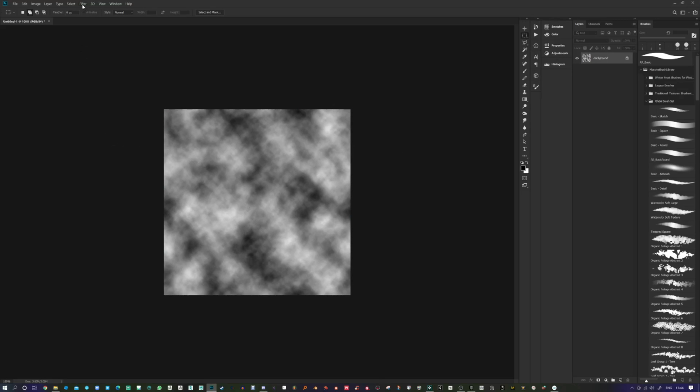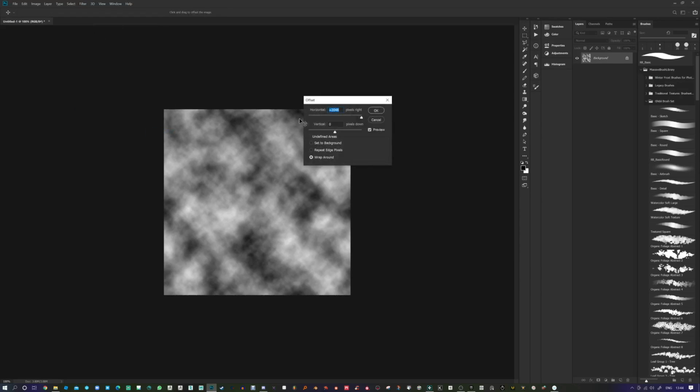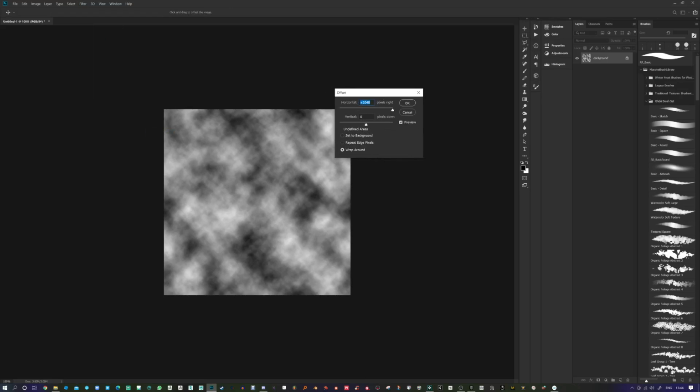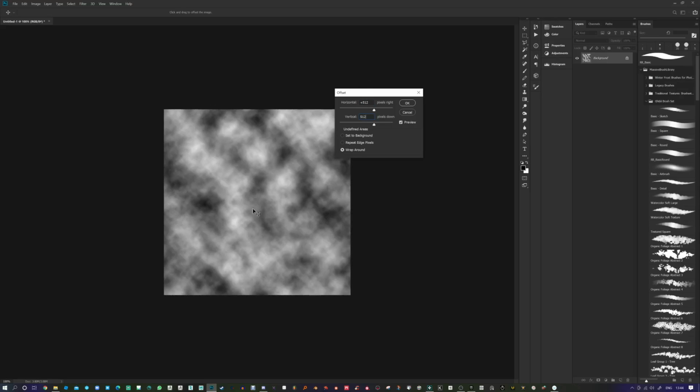One way to check that is to go to Filter, Other, Offset, and you can see how much you want to shift it across and down. So if I basically put in half of the document size, 512 by 512, you can see it's shifted without any seams. Now if I tried to do that with something random, like,